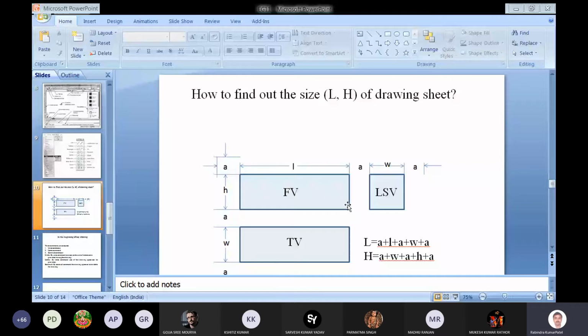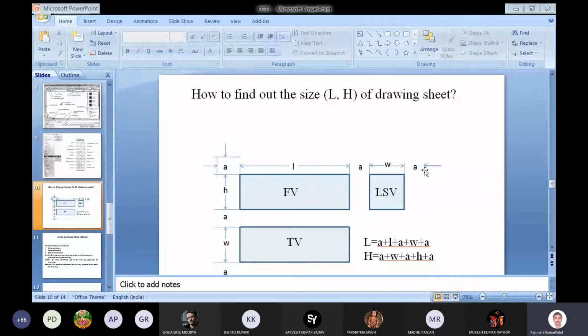How can we do it? We can add additional space on the left side of the drawing, like here three views are shown. On the left side of the front view, we will add one length, that is a. In between two views, we can add another dimension. Here I have taken a only, and on the right side of the left side view, we can add another dimension. So this will give the total length.